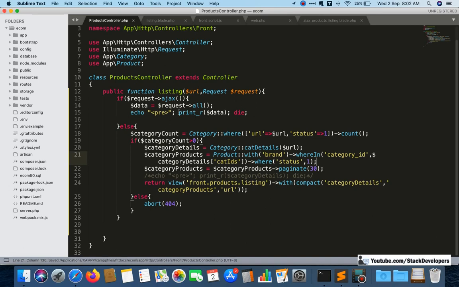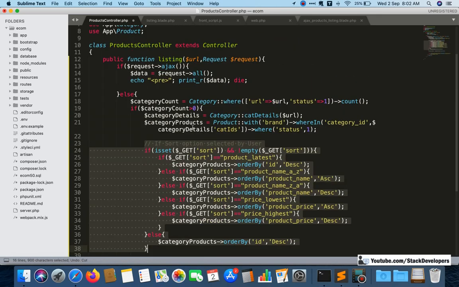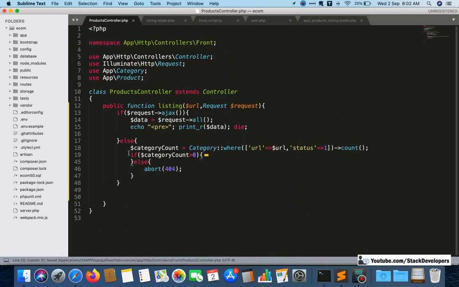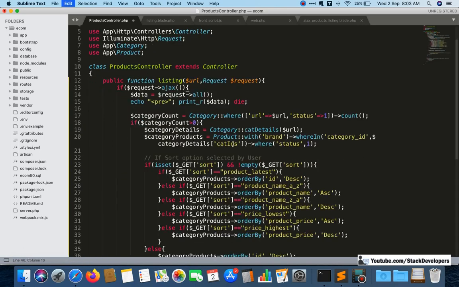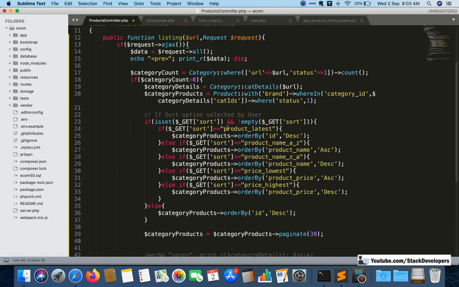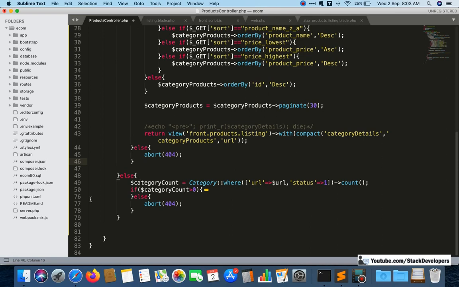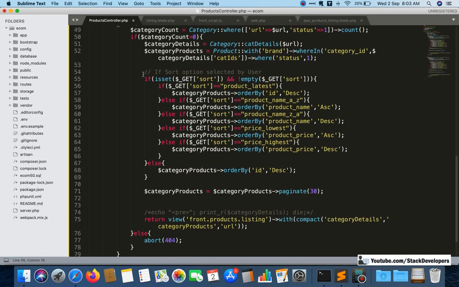What I am going to do is put this complete code in there first, then remove the unwanted code from else. So here I am going to put all the code like this, and now in else I am going to remove the code that is not required.